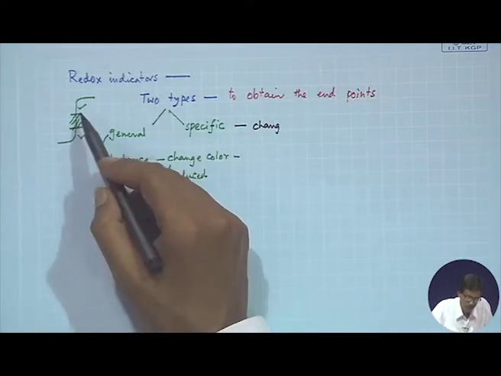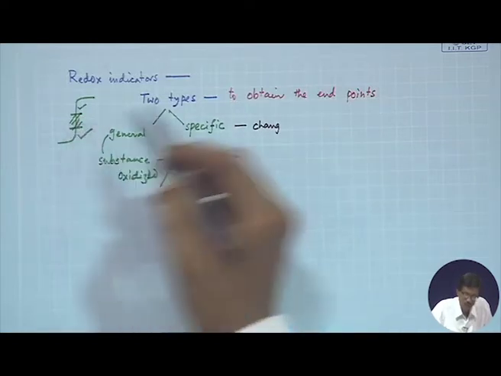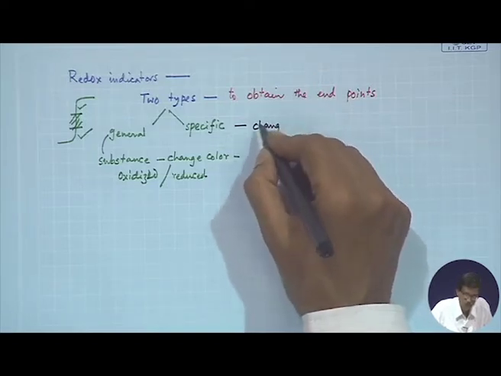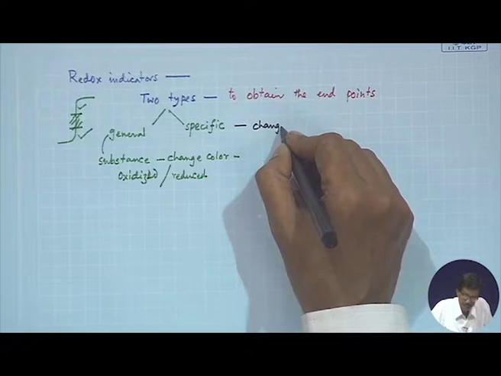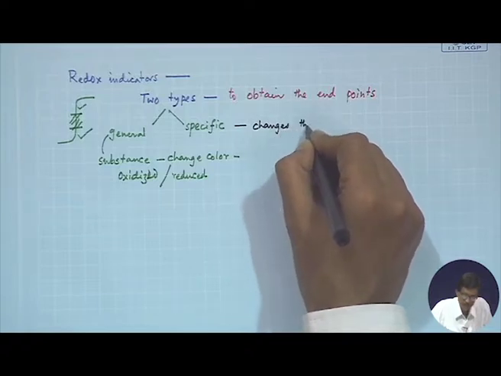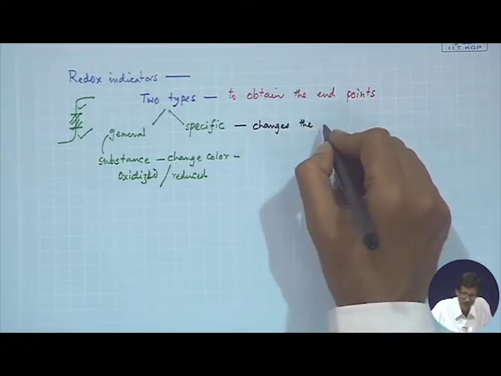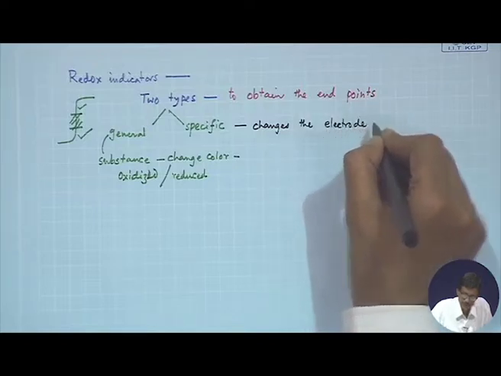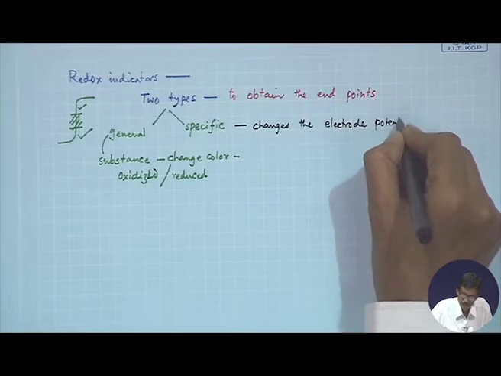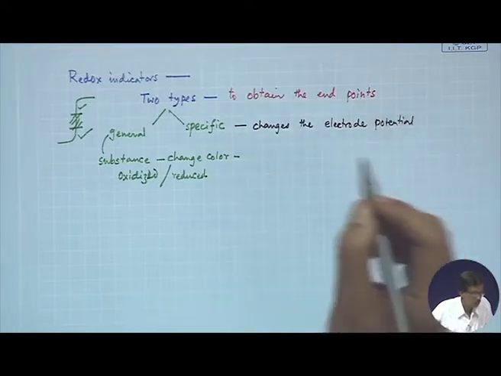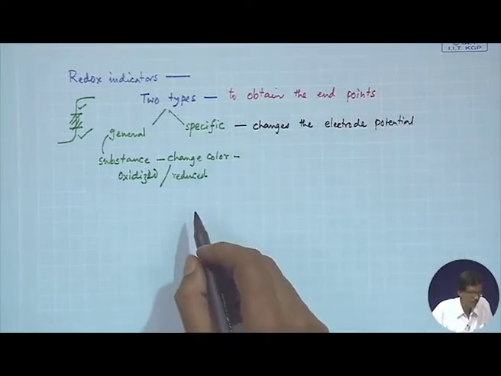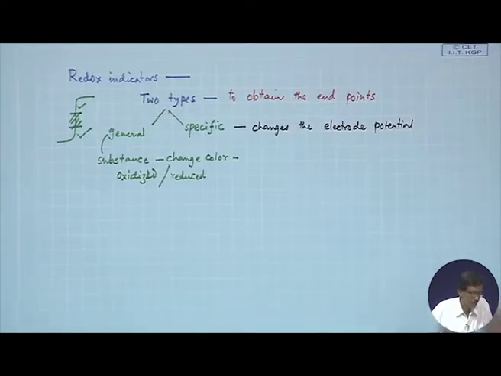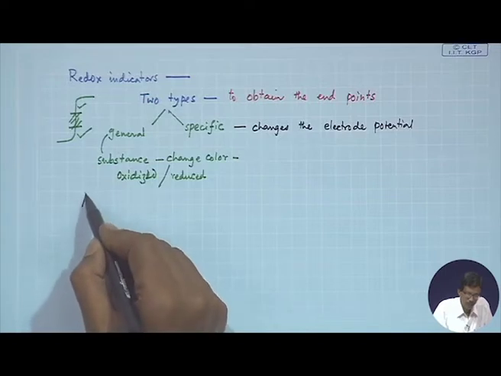Here also we are locating, but it is a broad type or a band of the corresponding change of color. So, here the specific one detects the corresponding changes in the electrode potential. So, those we can think and we can use those things. So, in some of these reactions what we can see is that we can also use